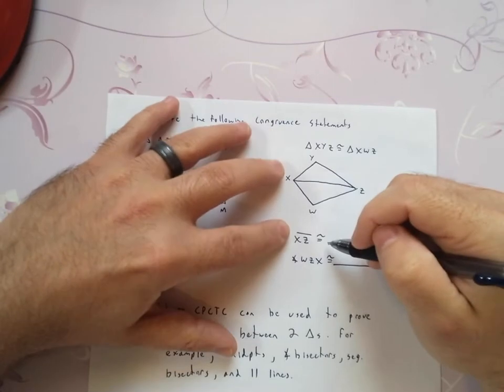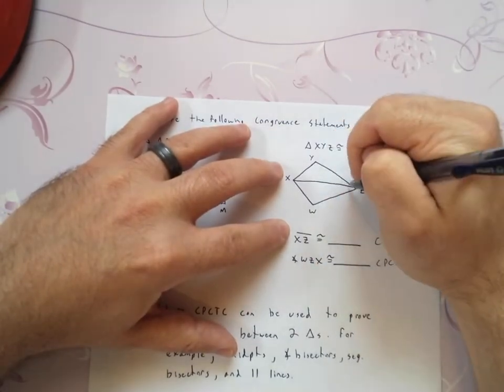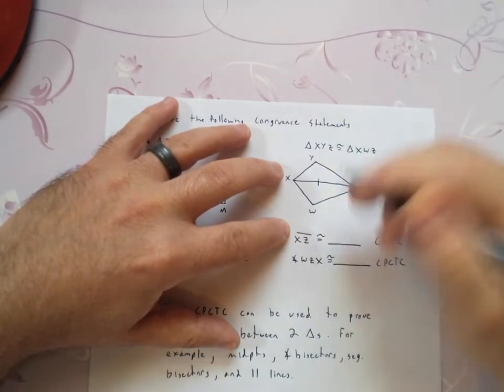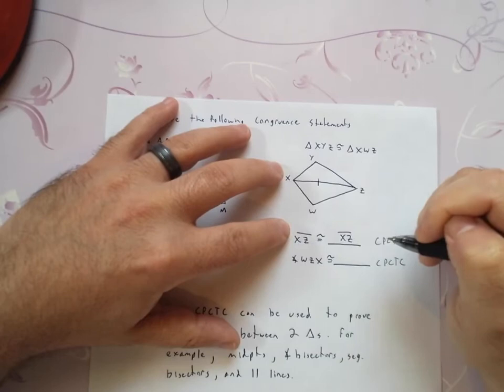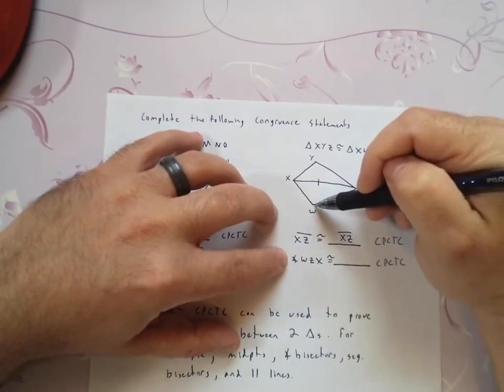Other pieces, so let's look at this one, segment XZ. So XZ, it's right there. XZ has to match up with segment XZ. Segment or angle WZ